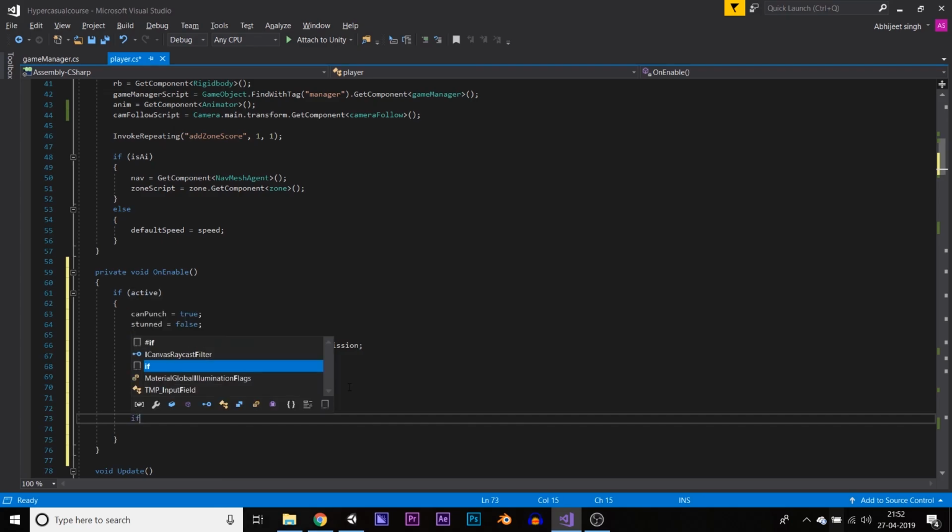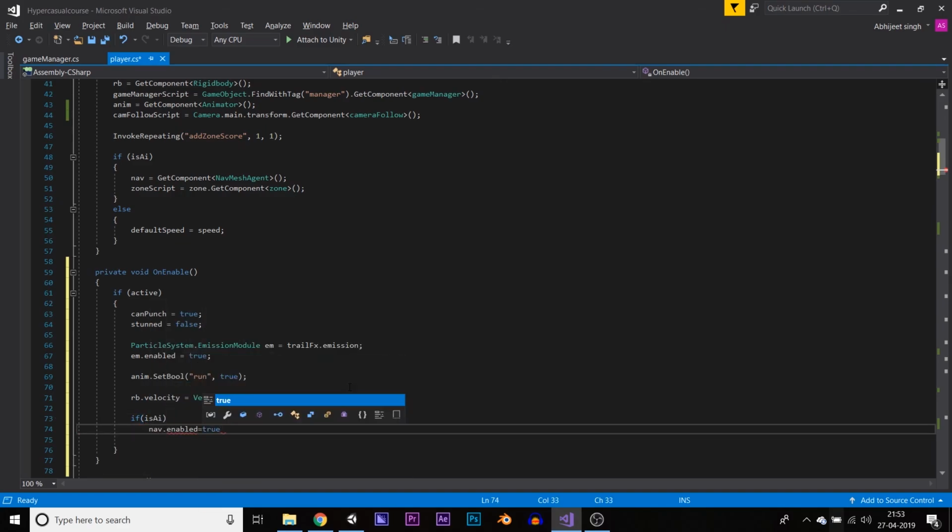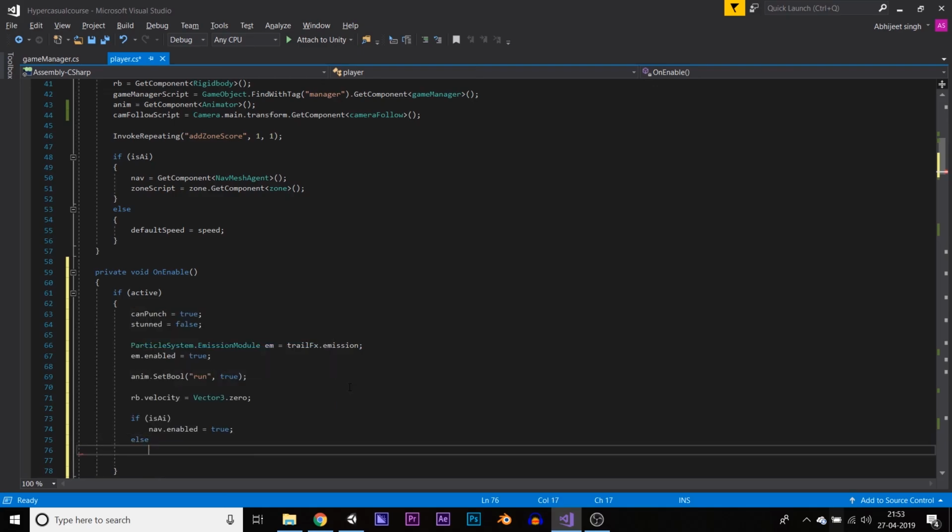Then if isAI, navMesh.enabled equal to true, else speed equal to defaultSpeed,